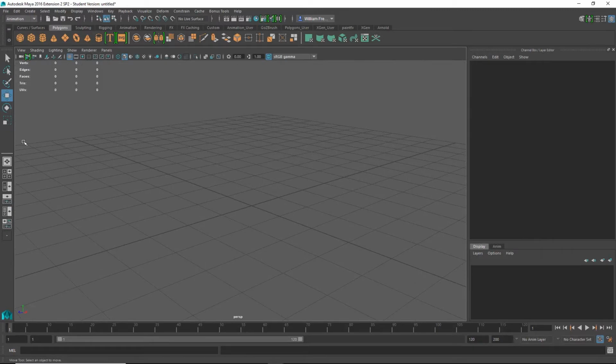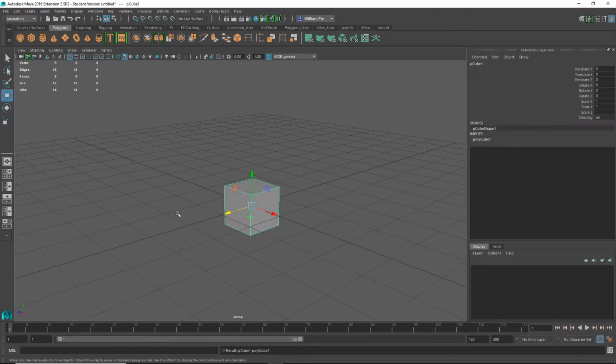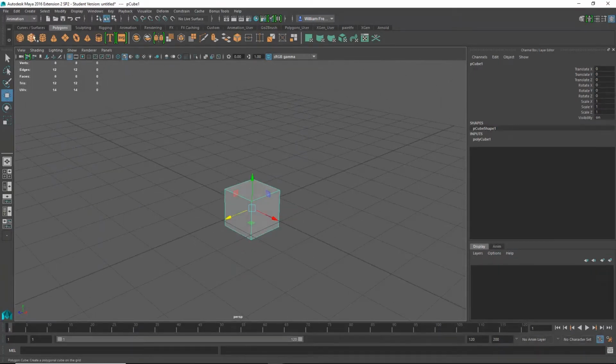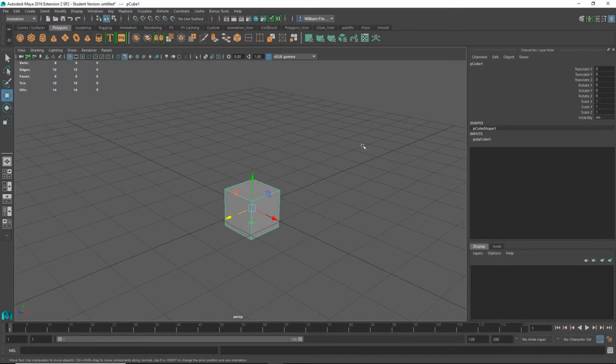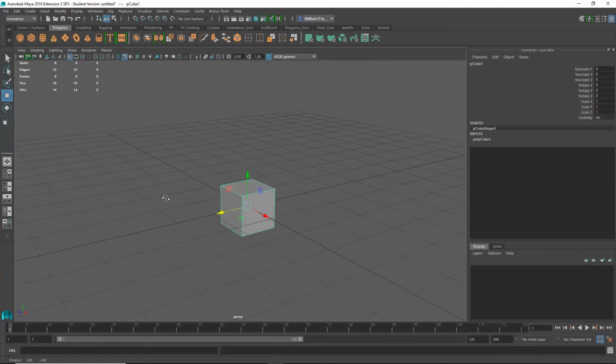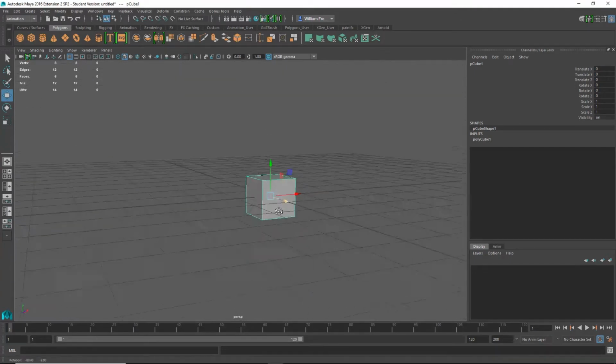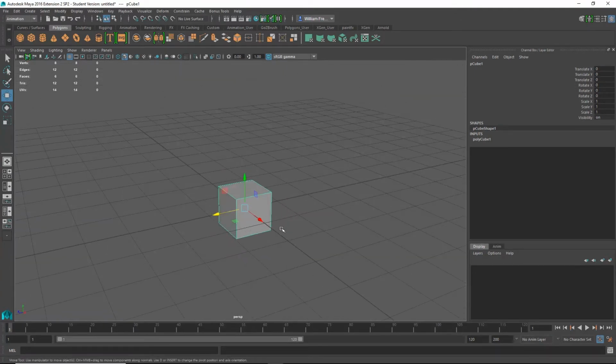And let's see. Oh, we also have, let's go ahead and add another object, a cube. I just added it from the polygon menu here, or you can go under Create, Polygon Primitives. So again, more redundancy, and I could create a cube from that. You can create lights, cameras, curve tools, whatever. All right, so we have this cube, and the way I'm manipulating the cube is I'm holding down